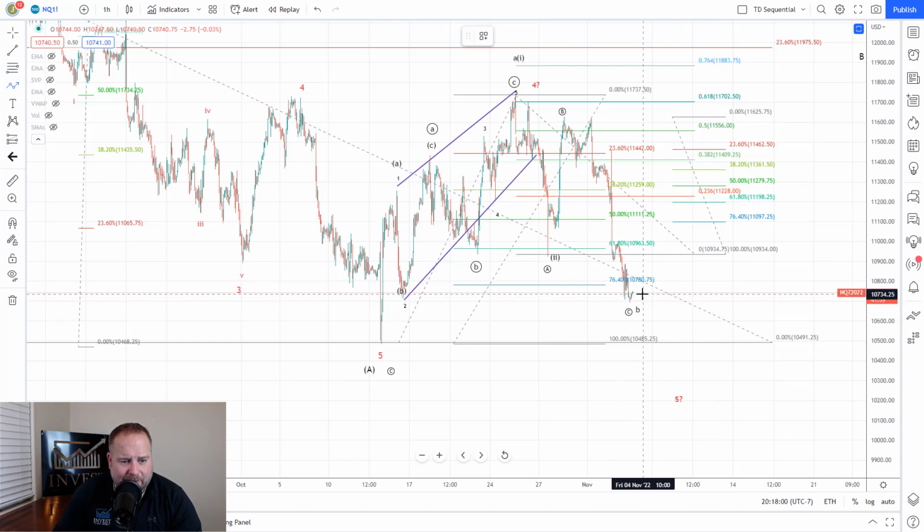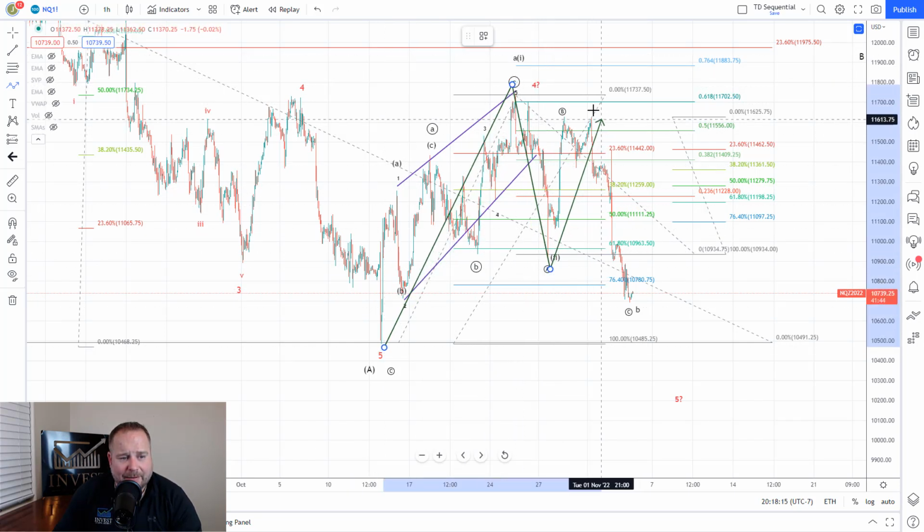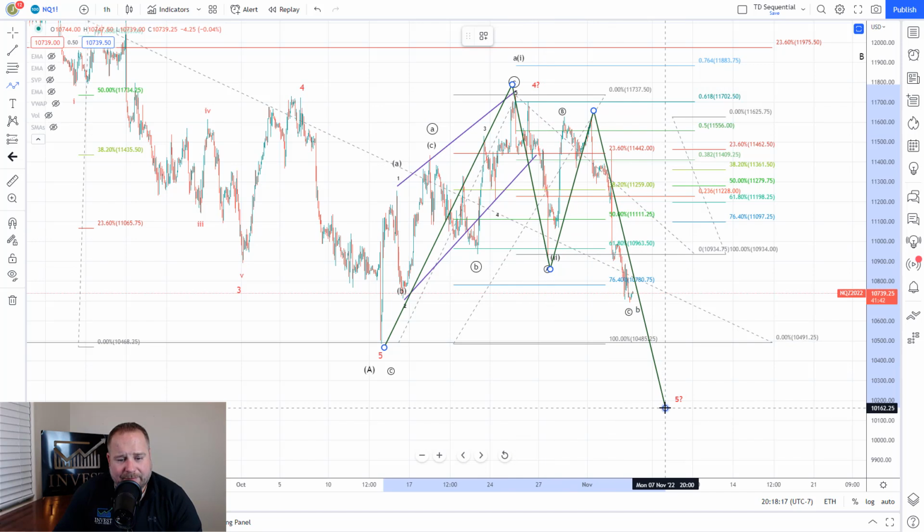But the ES, the NASDAQ itself is looking like it may potentially come down here and attack this wave 5, which would mean this 5 here would be this 3 would move over, and then you'd have wave 4 up. So you'd have 4 up, and then you'd have A, B, C for 5 down into the 10,000 to 10,200 area. And the reason it's an ABC down in a wave 5 is because the whole move off the top